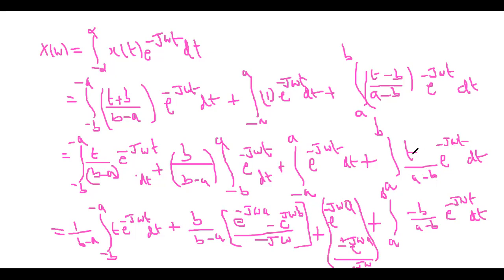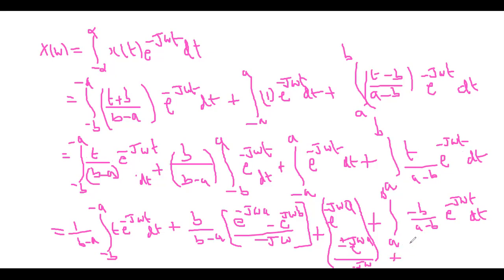Here also, by parts: t into e power minus j omega t dt, with the limits of a to b. Here the minus is there. Take it as a total, it is a minus value. Change the limits and keep the minus, so both are the same. Here is the minus and here the minus. Okay, then